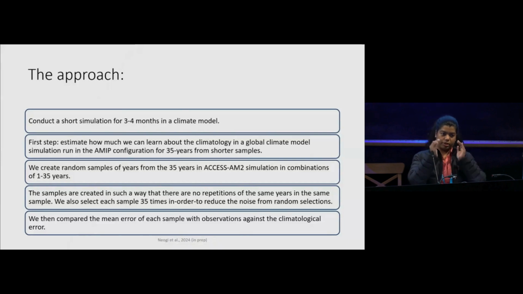So we create random short samples from the whole climatology of, say, 35 years in the ACCESS-CM2 model in the AMIP configuration. We analyze the climatology in these samples and see how close we can get to the climatology of the whole global model simulation.